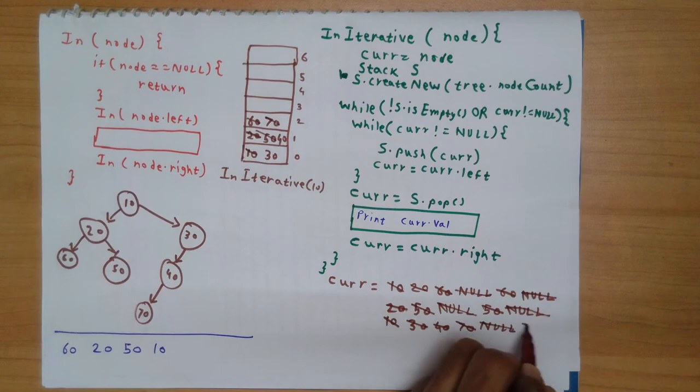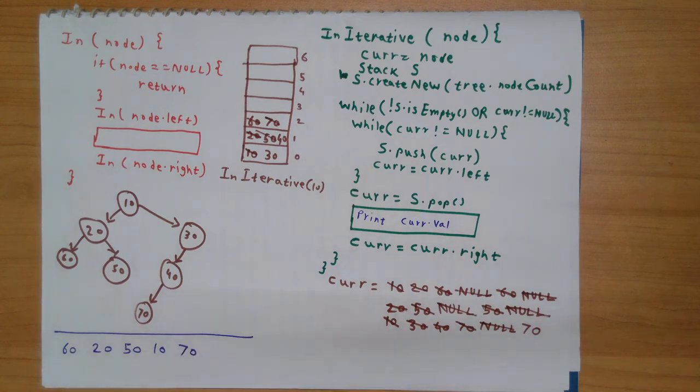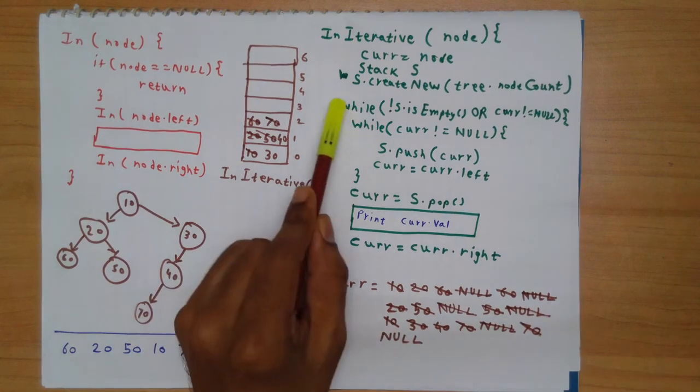So instead of null I'll get back 70, and I have to perform the node specific action because this indicates that I am done with the traversal of the left subtree of 70. So I will now add 70 to my output, and then the next thing to do is make current the right child of current, so it will again become null, and I come back to the beginning of my loop,